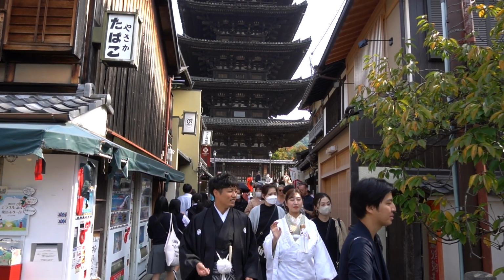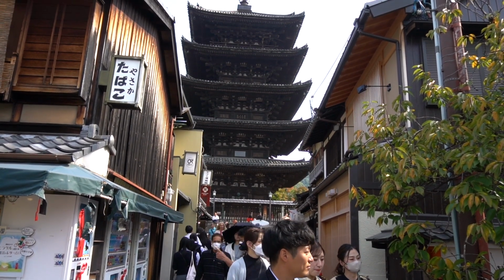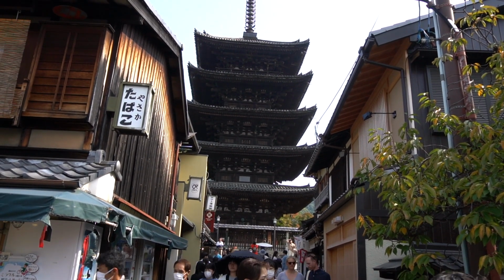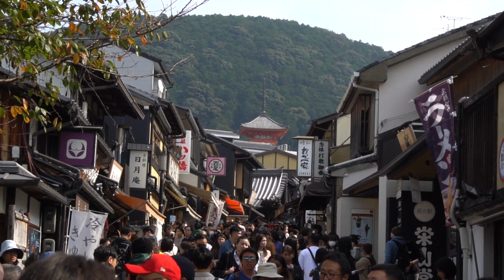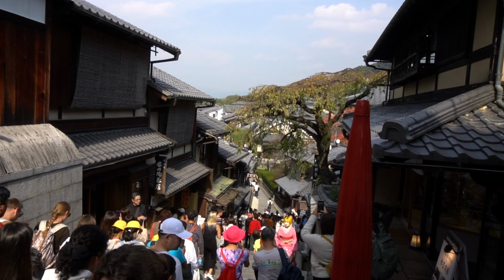There are some pagodas in the distance and in between the streets where you can take super nice photos, and you'll often see a lot of people dressed up in traditional clothing taking their photos here. So if you want the full experience, you should probably dress up in traditional clothing and take some pictures too. But the Gion District is truly stunning. It is worth your time to take it slow and admire the